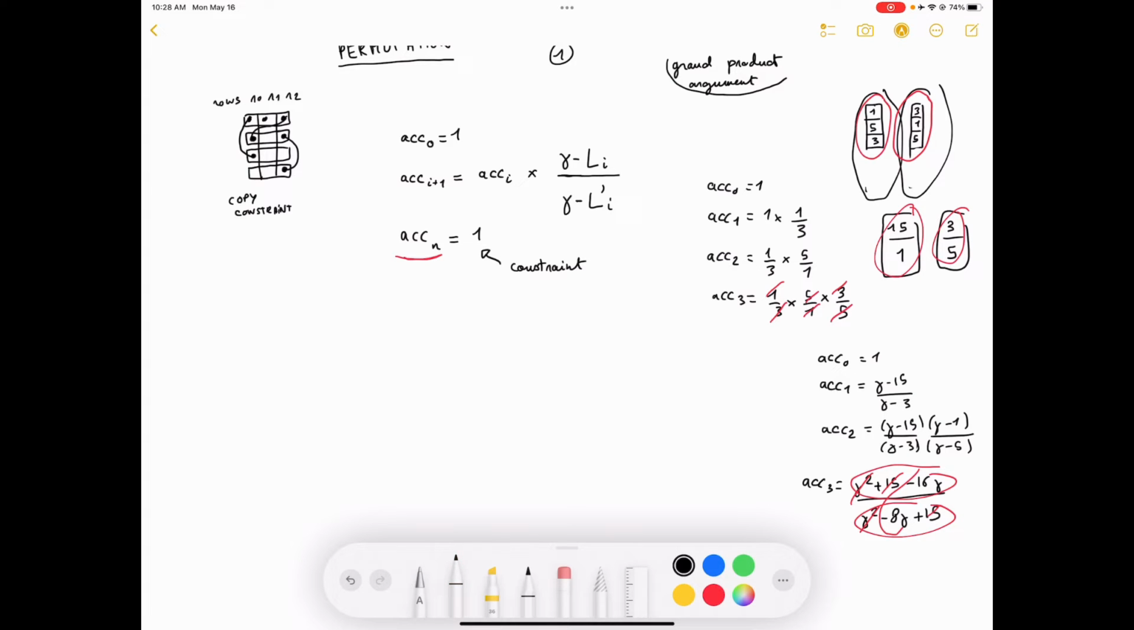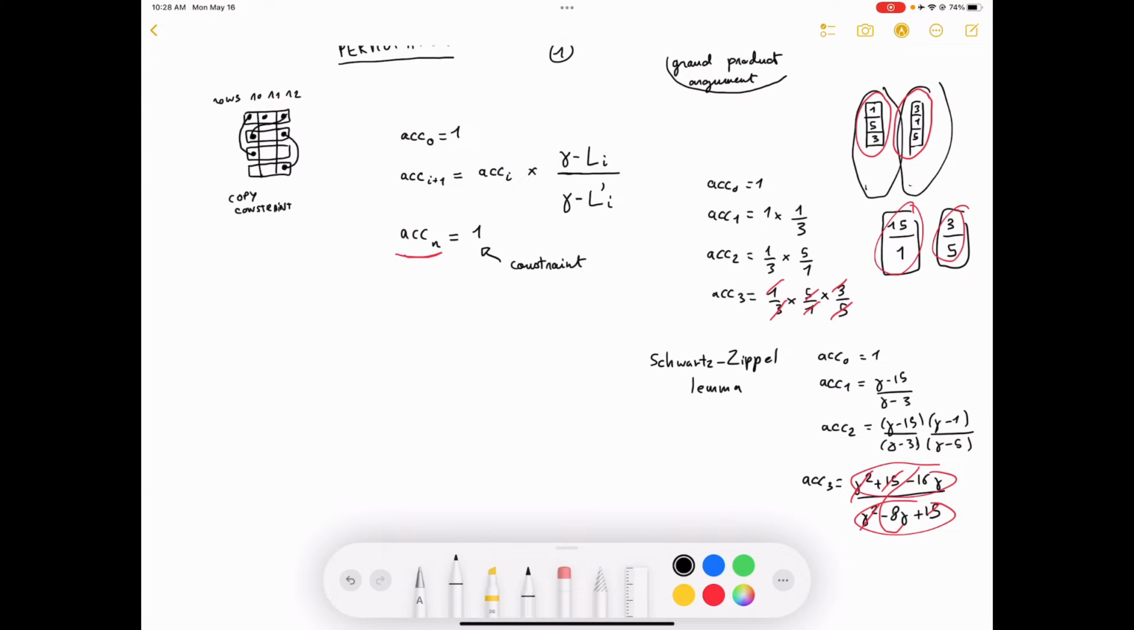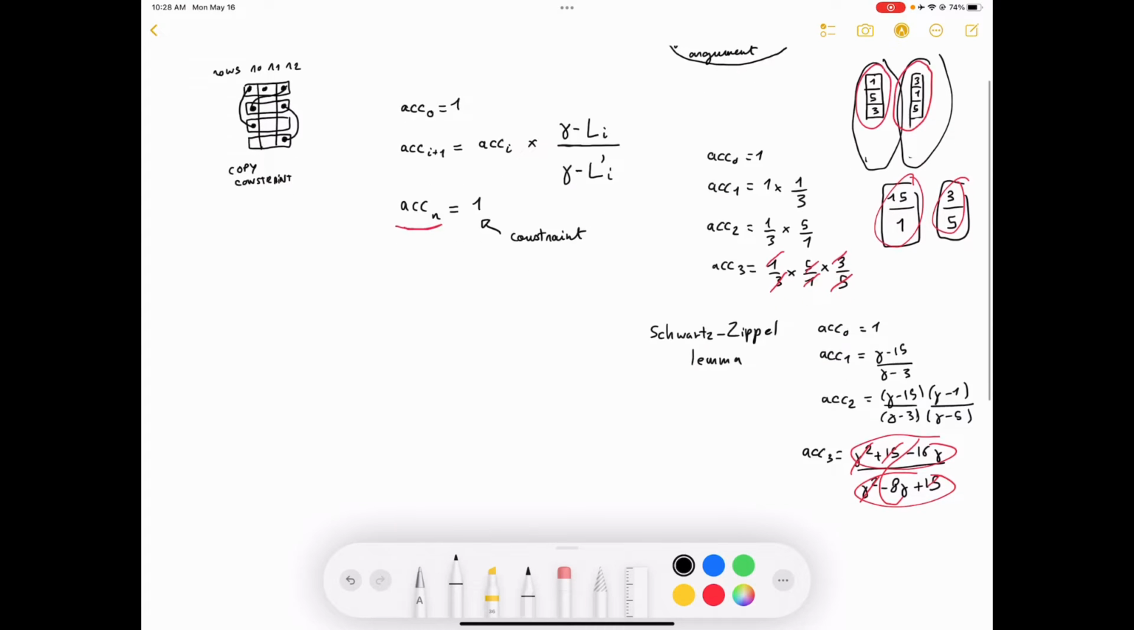Okay, so that fixed the problem, and if you really want to see why it fixes the problem, basically you have to use the Schwartz, and I can never spell it, so let's try Schwartz-Zippel. Hopefully this is right. The Schwartz-Zippel lemma, and basically it tells you that if you have two polynomials with roots that take roots in these lists,